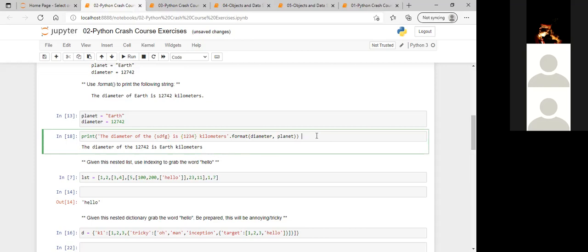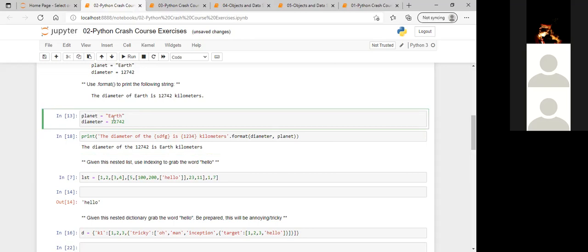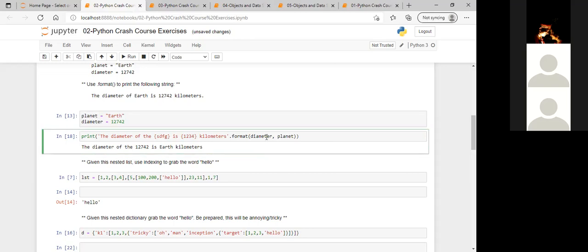Now you do SDFG is equal to diameter inside dot format. Inside format, you write SDFG is equal to diameter, is equal to planet. And a comma, you write 1, 2, 3, 4 is equal to diameter.